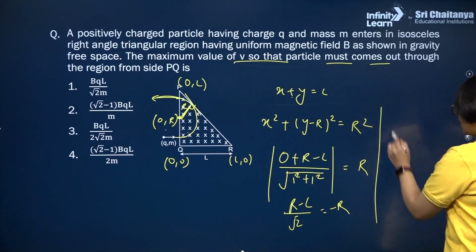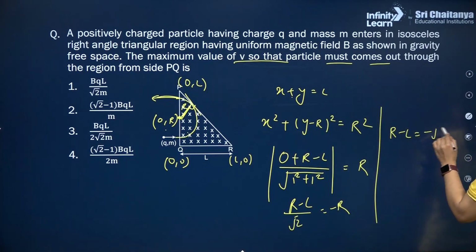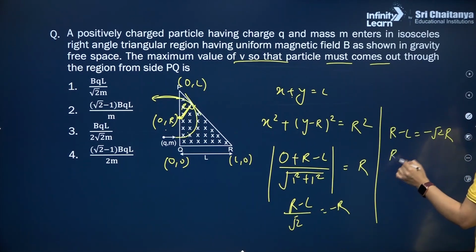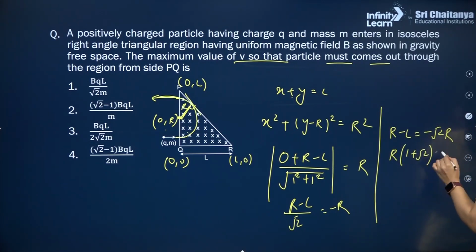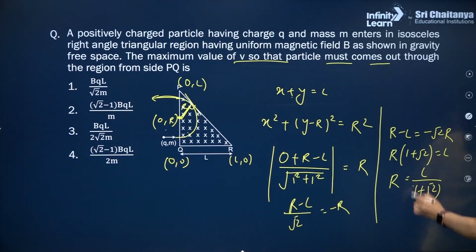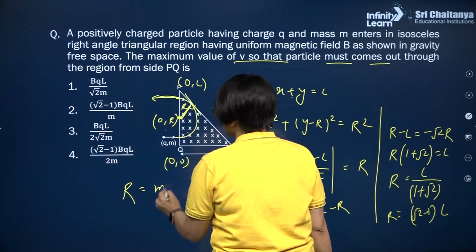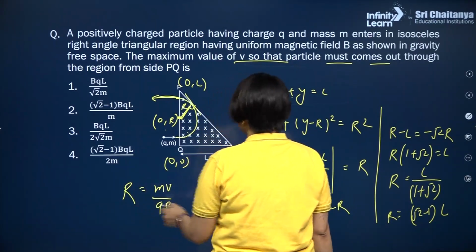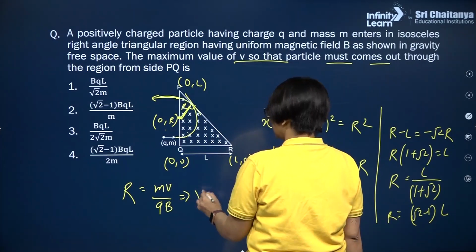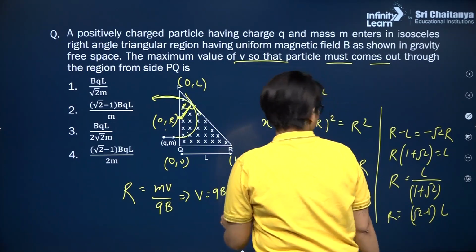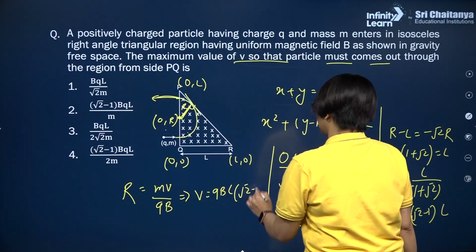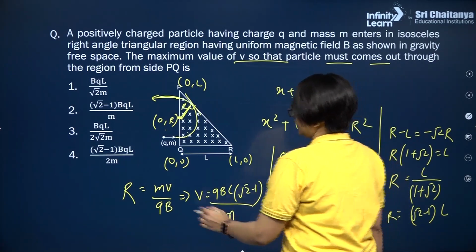So over here r minus L is minus root 2 r. So r(1 + root 2) is equal to L. So r is L upon (1 + root 2). Rationalize. So it is (root 2 minus 1) times L, that is r. So over here r is known, which is equal to mv upon qB. So v will be qBr upon m. qBr is L times (root 2 minus 1) upon m, right. So this will be